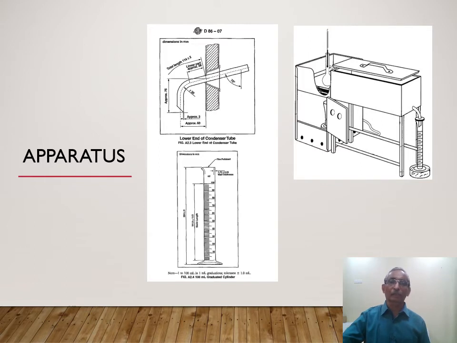To avoid the losses, we have two openings here, where we connect the flask neck to the condenser, as well as the thermometer. These are the two openings we have to pack very clearly, so that we can avoid the losses. And maximum distillation is carried out here, 99%, 98%, 97%.